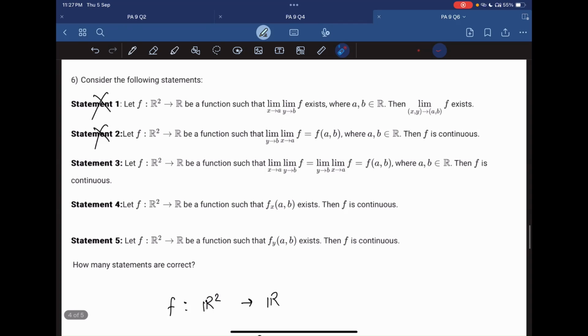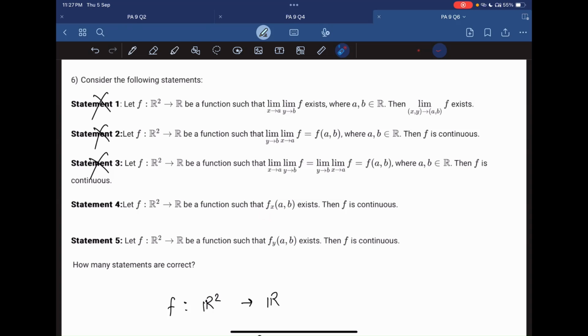Third statement: the limit as x tends to a, y tends to b of the function, and the limit as y tends to b, x tends to a, if this is equal to the function value, then f is continuous. We have found that both these limits are equal to 0, which is also equal to the function value we just calculated. All three are equal, but as the limit does not exist at the origin, this statement is also incorrect. Now the fourth statement,